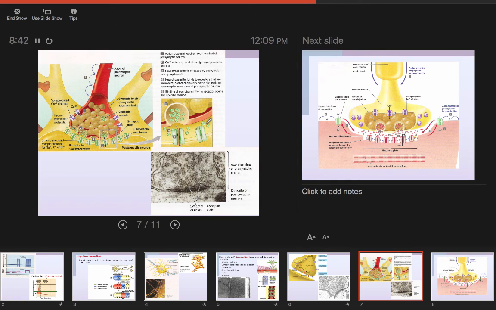Ligand is a chemical or a chemical signal. And so the chemical is the neurotransmitter. It has to bind with the receptor, which is a part of the ligand-gated ion channel. And then that channel will open up, and you can see that since it's a ligand-gated ion channel, we get some sodium coming in, but we also get some potassium leaving. The important thing is that we get more sodium coming into the cell, and so that's going to cause depolarization